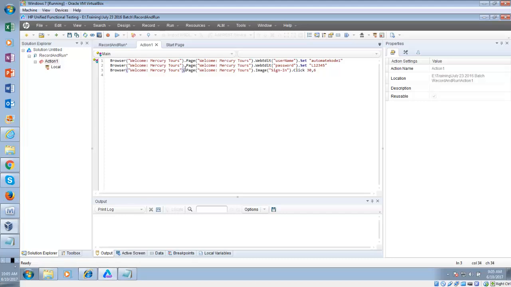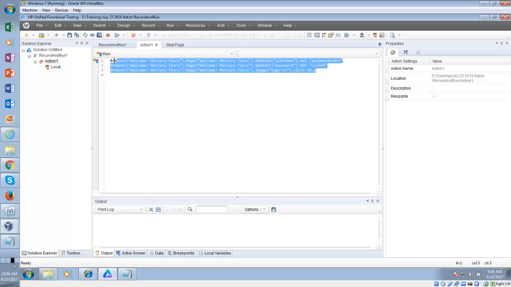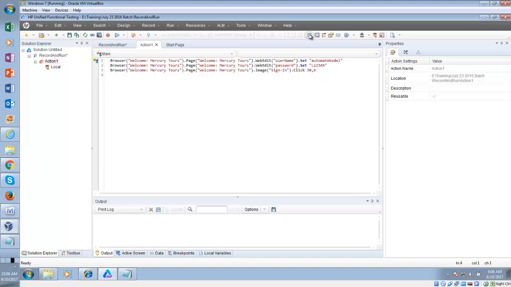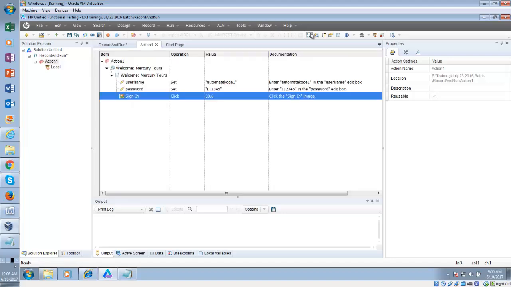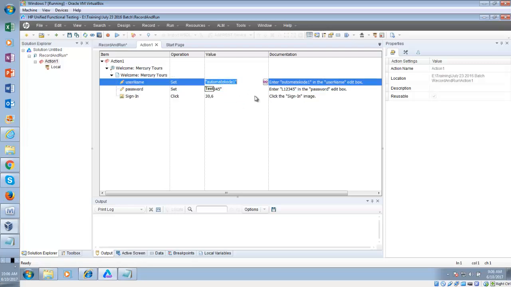Can you see here that in QTP there are two views? One is this expert view where you are seeing code, and then there is another view, keyword view. So I am clicking on keyword view. Now can you see, that is where I am inputting user ID. So I am going to click here